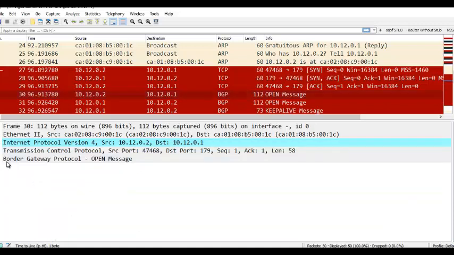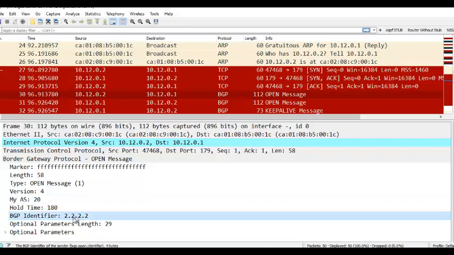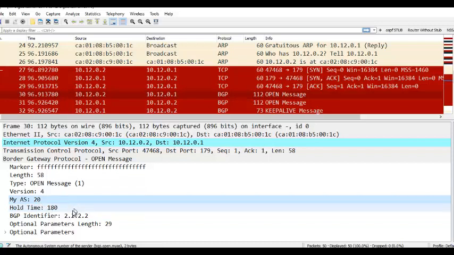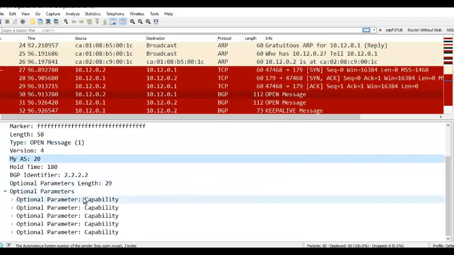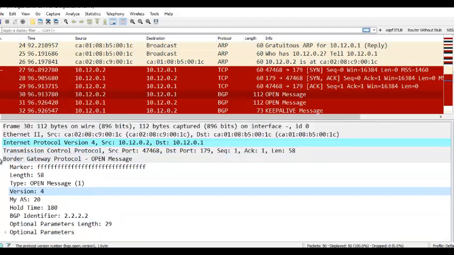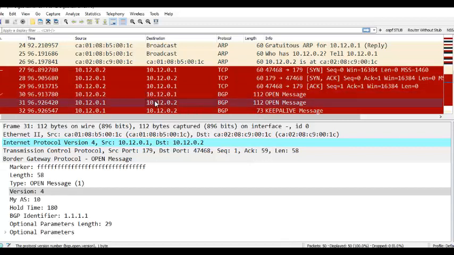Let's open the open message. See, it's an open message. And what you see here is the router ID of the sender, the hold time of the sender, the autonomous system which it belongs to, and some parameters. What it is capable of. It is capable of MP-BGP. These are all, again, too much now. When we learn MPLS, we may need this. So the open message is going between two routers, followed by